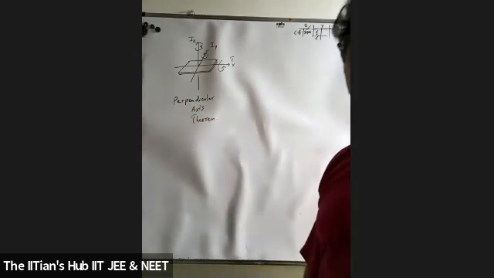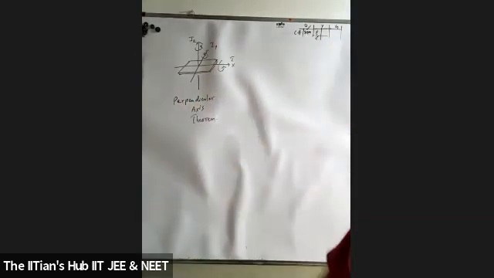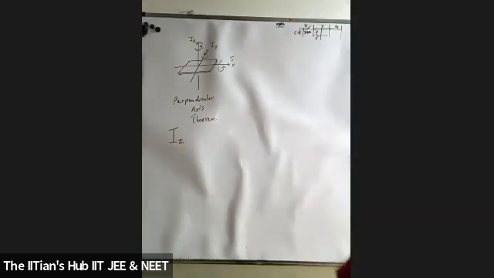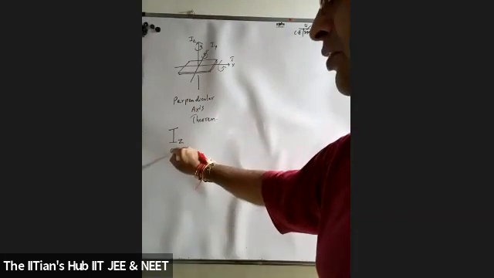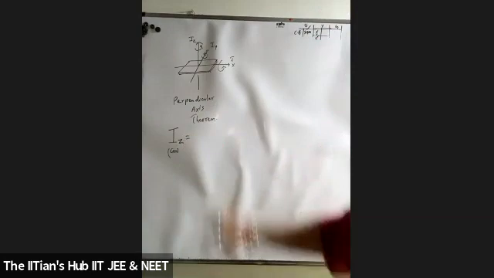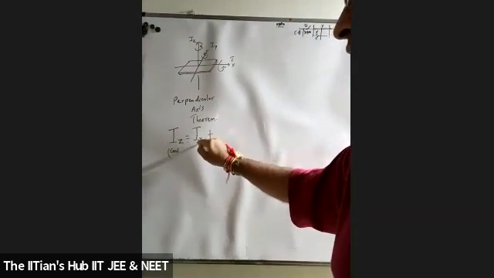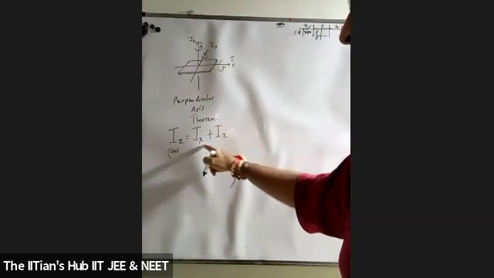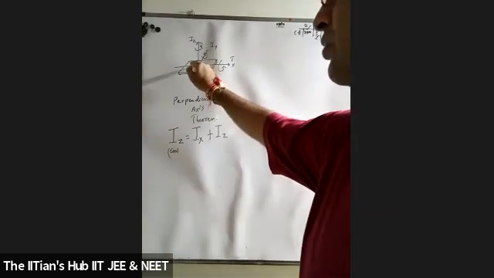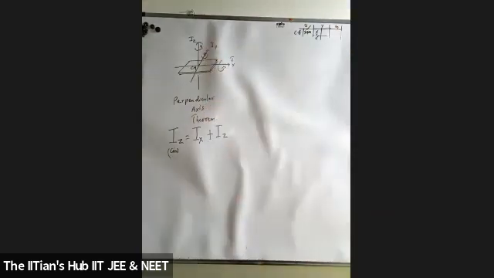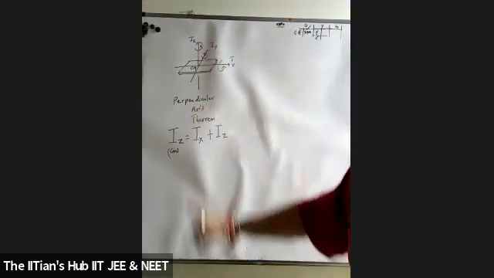Perpendicular axis theorem. What is the perpendicular axis theorem? Moment of inertia about an axis perpendicular to the plane of the lamina. Students, the moment of inertia about an axis perpendicular to the plane of the lamina, passing through the center of mass, is equal to the sum of the moments of inertia about two mutually perpendicular axes passing through the same point where the perpendicular axis cuts the lamina. Means, can I say Ix,